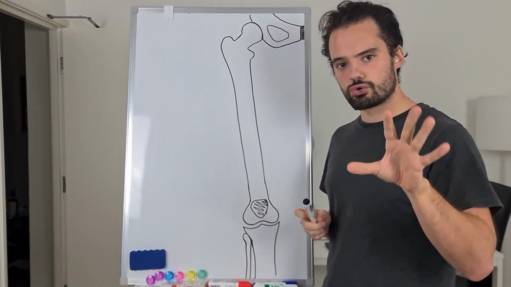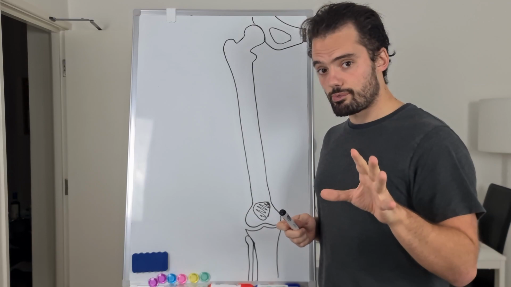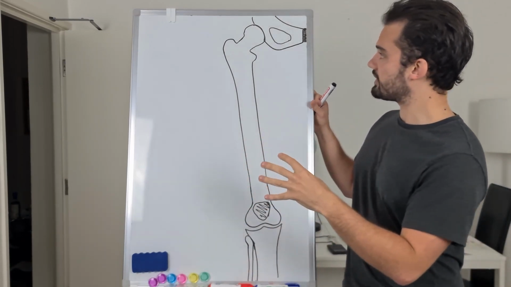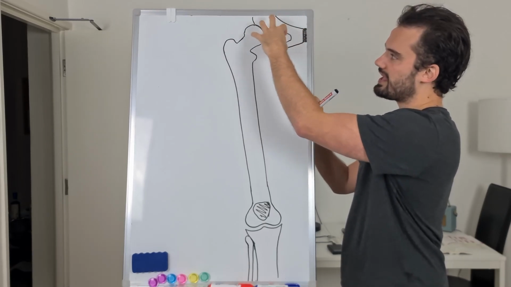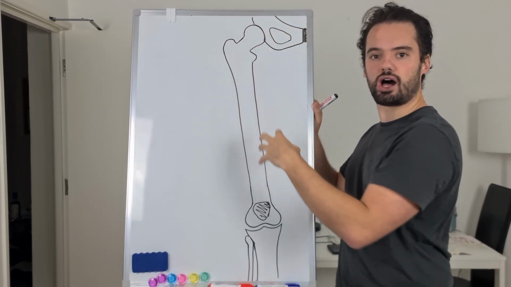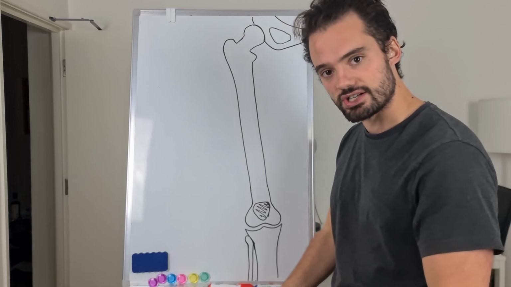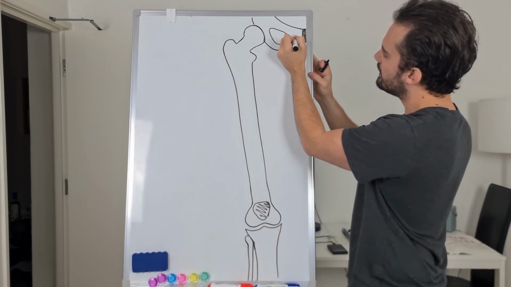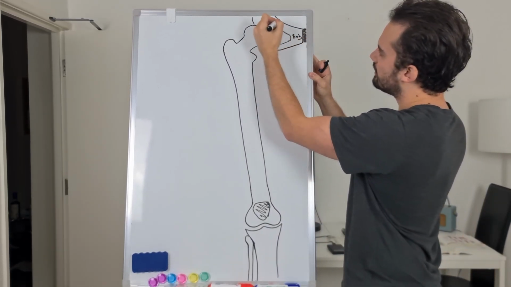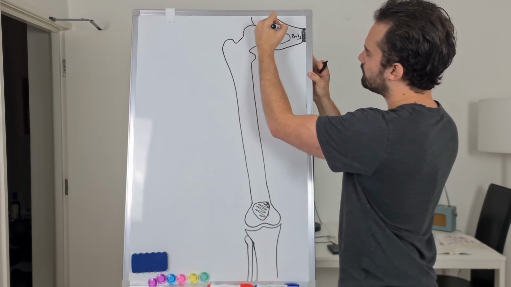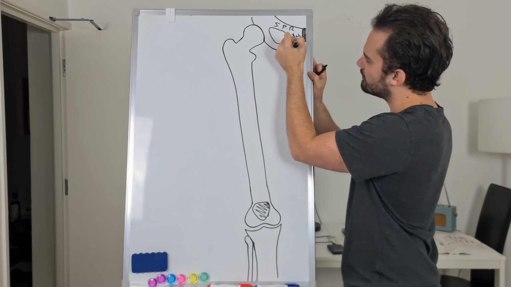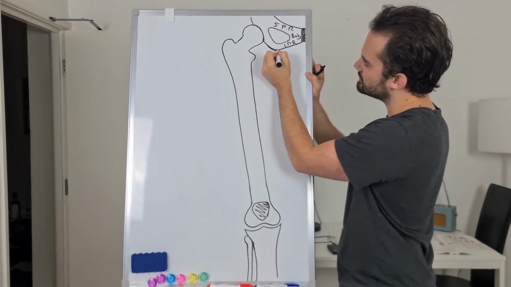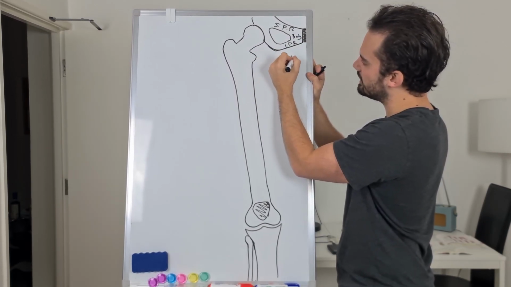So as a general rule, the medial compartment of the thigh, all of these muscles are going to be coming off here, which is your ischiopubic part of the pelvis, that front of the pelvis. And if you think, so we've got, this is the pubic body, we've got the superior pubic ramus here, we've got the inferior pubic ramus here. This at the bottom here is going to be the ischial tuberosity,